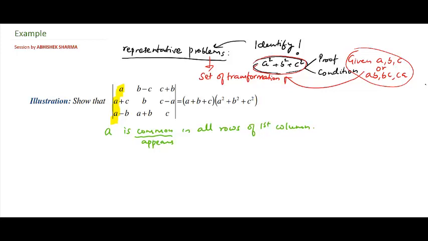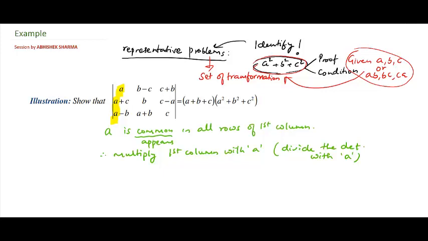So what we do is, therefore, we multiply the first column with A, and obviously you'll have to divide the determinant with A. I cannot simply multiply. This is simply a transformation, so I cannot multiply an entire column of a determinant with A without dividing the determinant with A. So you have to divide the determinant with A also, right?